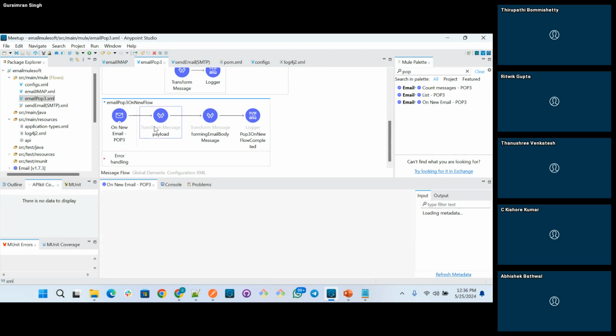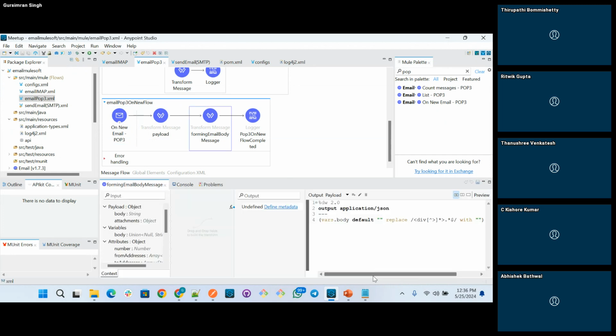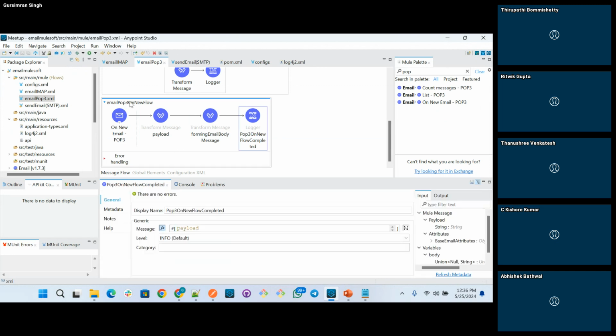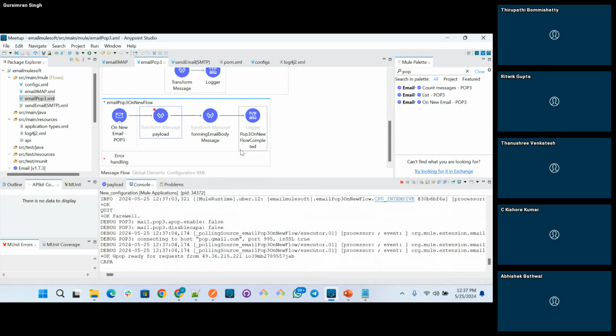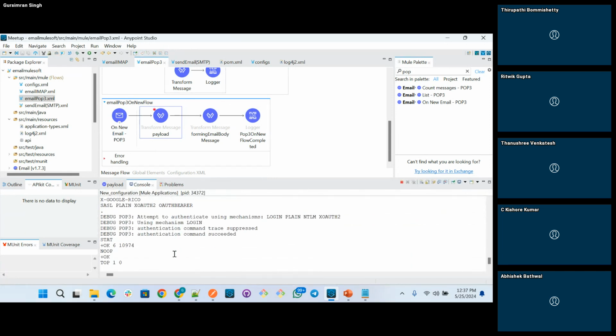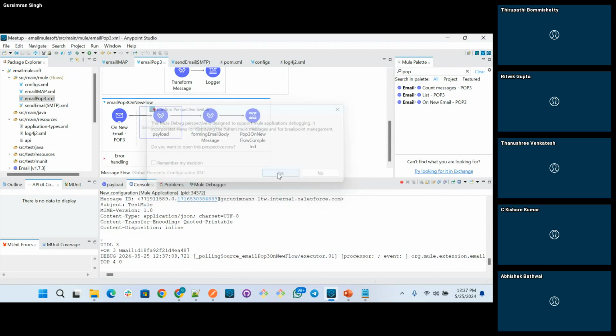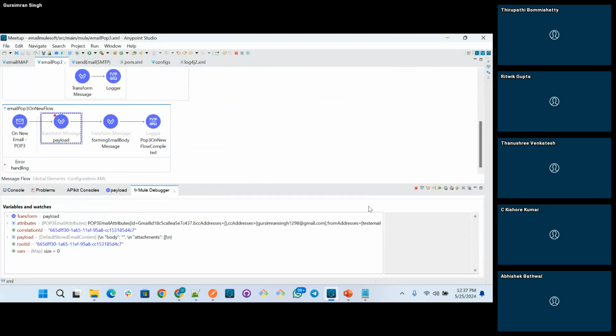Here I am just trying to modify the payloads because they appear in text format, so I'm trying to extract the bodies. Let me keep a breakpoint and show you. It's already retrieving, and you can see the emails being retrieved one by one.